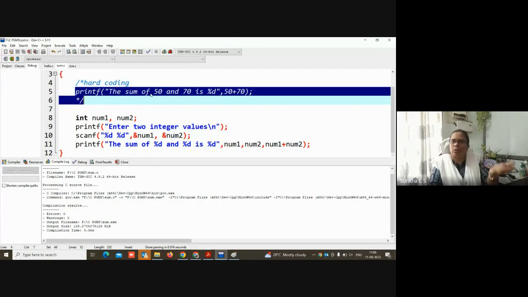Suppose I am giving this program to someone who doesn't know C programming. He cannot change the program, compile it and execute it every time. He will just execute the program with different input values. That is why variables are very important in every language. Clear?